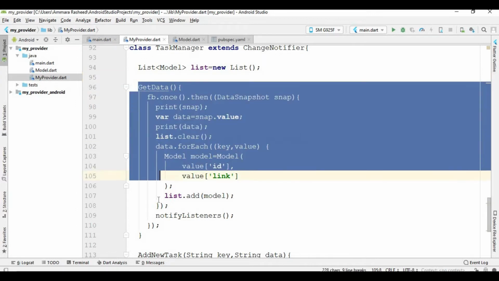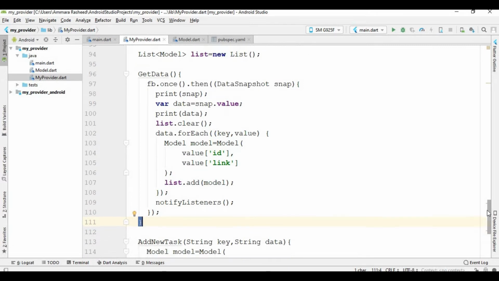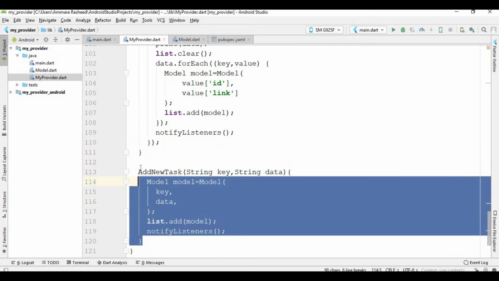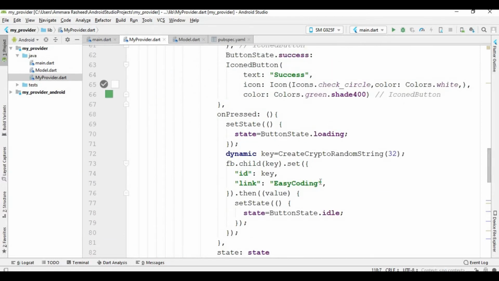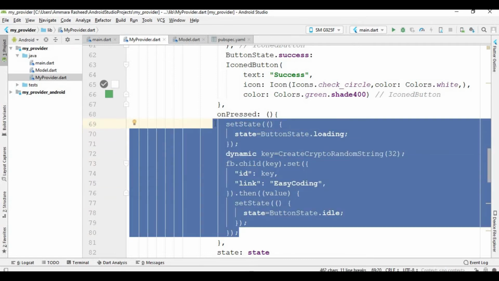So this is the first function, which is getData, and inside this getData function I store all the data I get from the Firebase database. And after that, you will see here I create another function which is addNewTask, and in this function I get the key and the data and store them inside the model, and after that I store that model inside this list. So whenever the user presses this button, this code adds all the data to the database, but